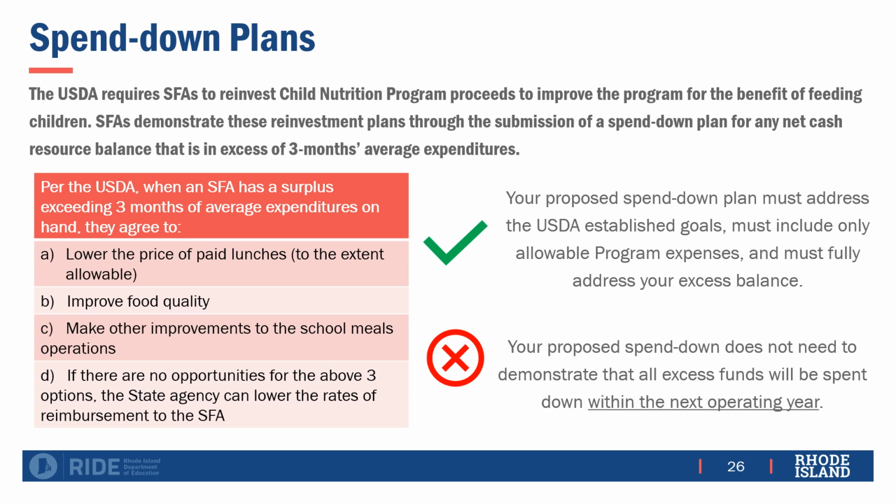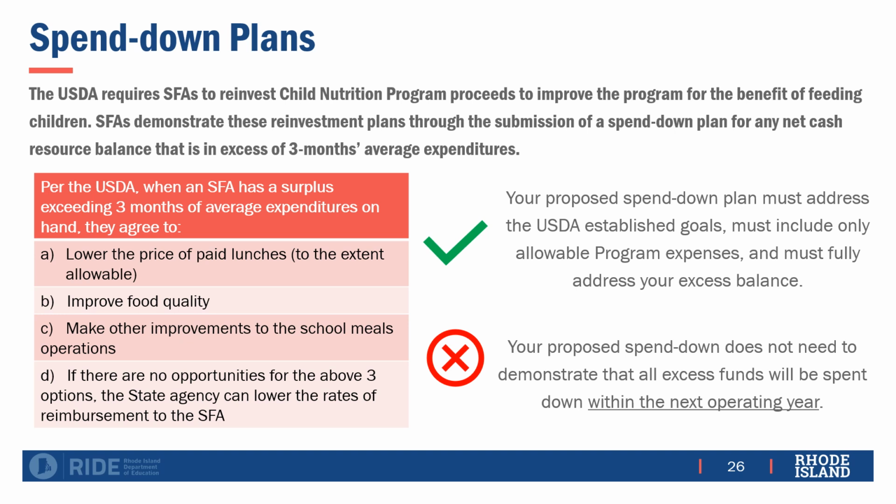SFAs must submit a spend down plan at any time that an excessive net cash balance is identified through the annual SNP financial report collection. Proposed spend down plans must address the USDA established goals discussed, must only include allowable expenses, and must fully address the excess balance. In other words, if an SFA was found to have an excess balance of $500,000 and submitted a spend down plan which addresses only $300,000 of the total $500,000 balance, that plan would not be considered sufficient